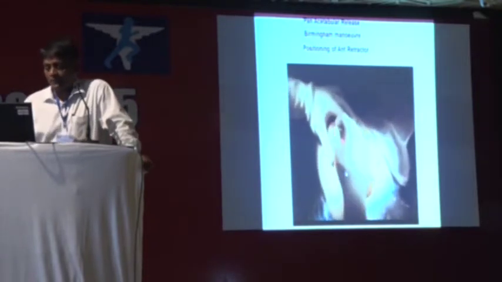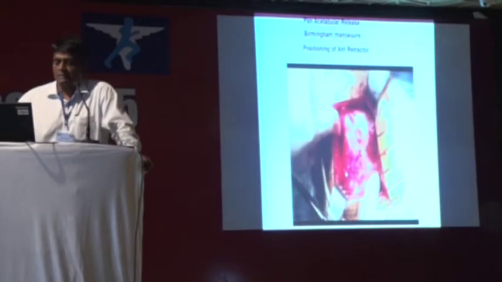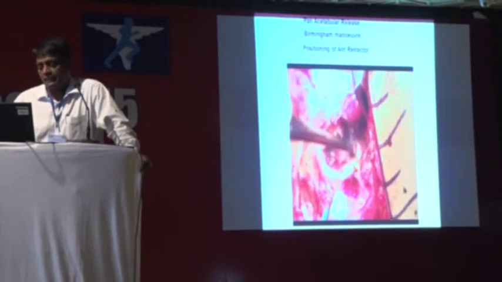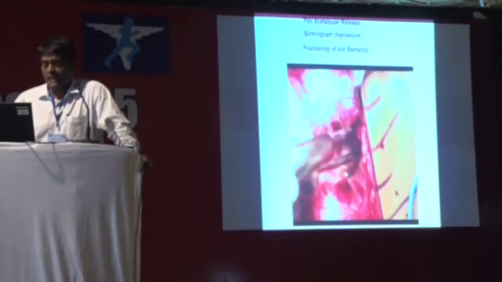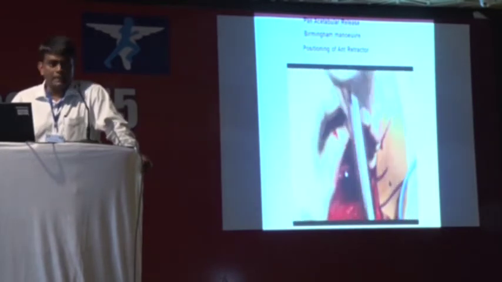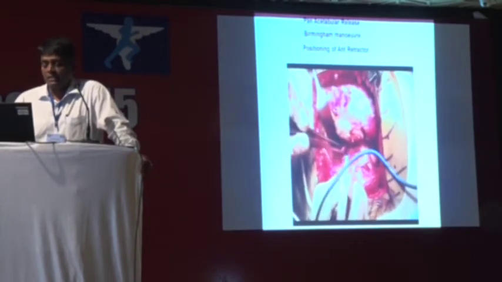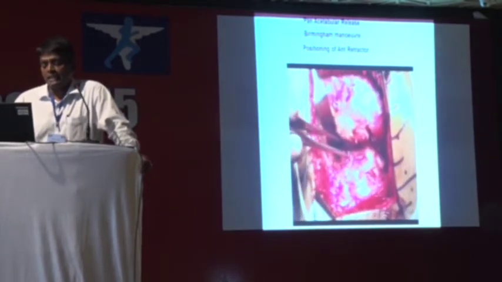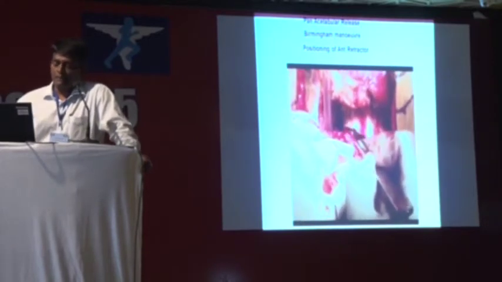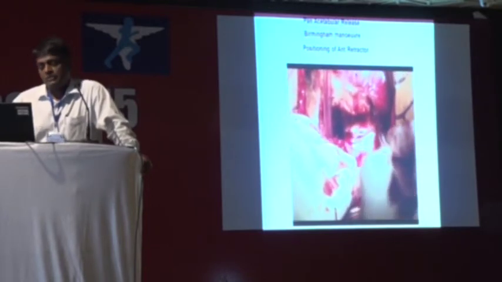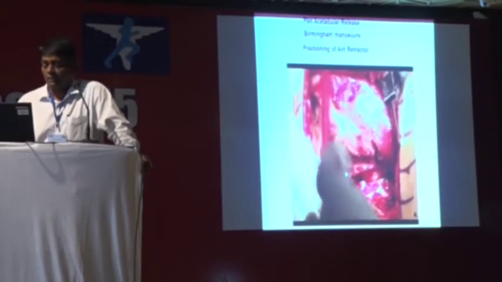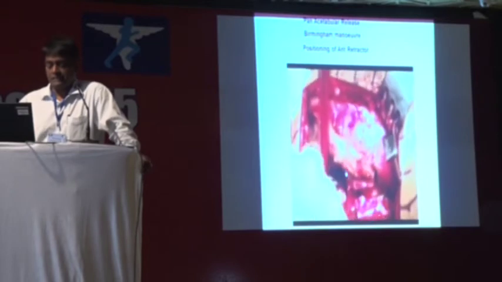posterior approach, a quick video of about a minute and a half. You can see at the bottom is the entire posterior, and that is the gluteus maximus tendon, which I usually release in all stiff hips. That's the capsule I'm developing. I'm putting a pin to hold the abductors, gluteus medius and minimus, anteriorly so that I don't disturb them. I'm now releasing all the short external rotators off the capsule so that I can display the capsule from the 6 o'clock to the 12 o'clock position. Now I'm incising the capsule. I keep an acetabular flap and a femoral flap so I can suture it back when I close. That's a good posterior release that I'm doing now.